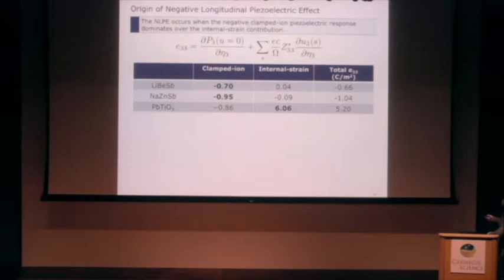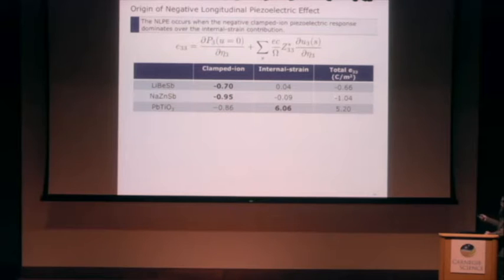So the origin of this negative response really comes from this negative clamp ion term. As you can see from the table, for these two compounds, they have negative clamp ion, the same as lactinate, but they have very small, nearly zero internal strain term. However, in lactinate, this internal strain term dominates. So because of this very small internal strain term, these two ABC